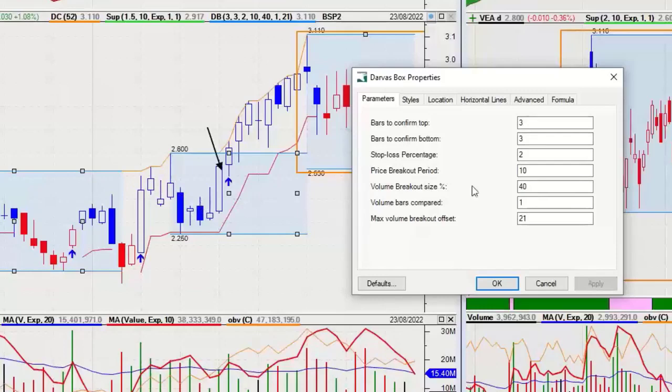So that's how it marks the high. The bottom also needs 3. So once we've got a bottom down here, 1, 2, 3. So it's only until the end of this bar does that box become defined. Now,